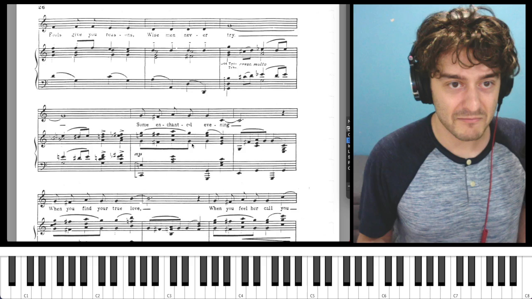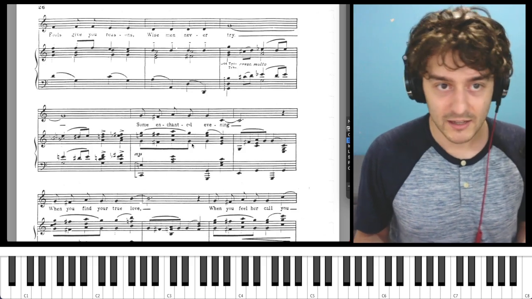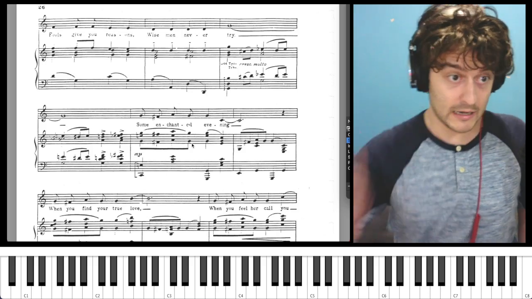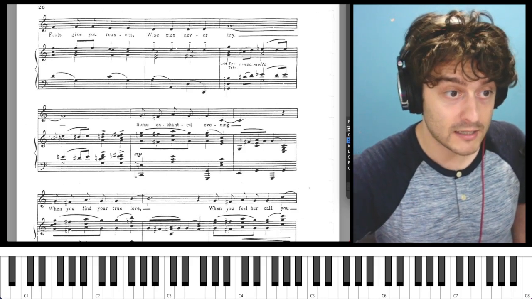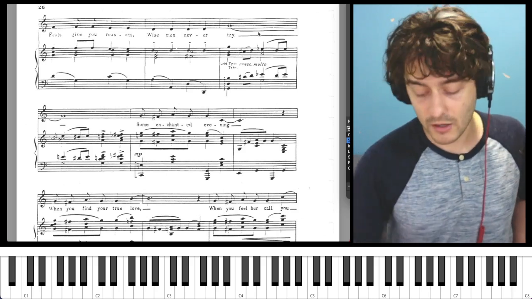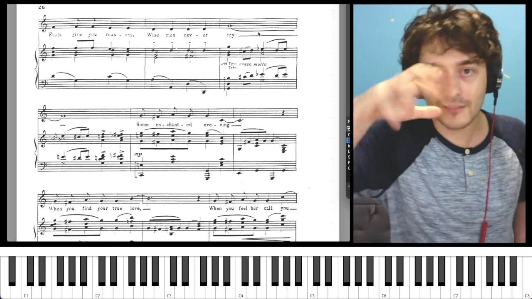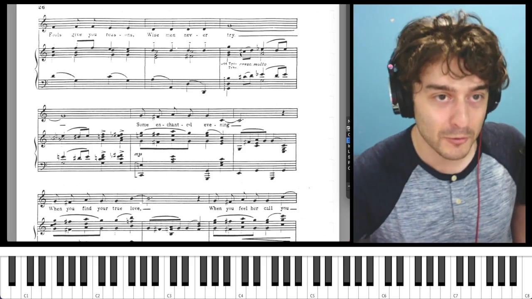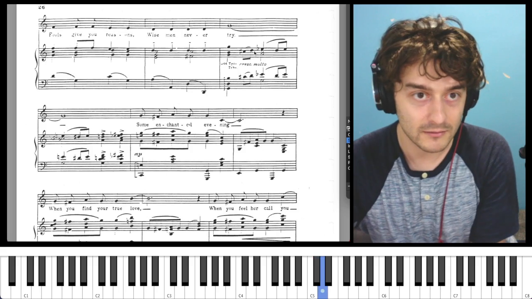I think that's the right hand part, and then the left hand basically just doubles it. But what's happening here is the important part is this chromatic line at the top, right? There's all of this stuff happening harmonically inside it, but the really important part is this top line. We get this.